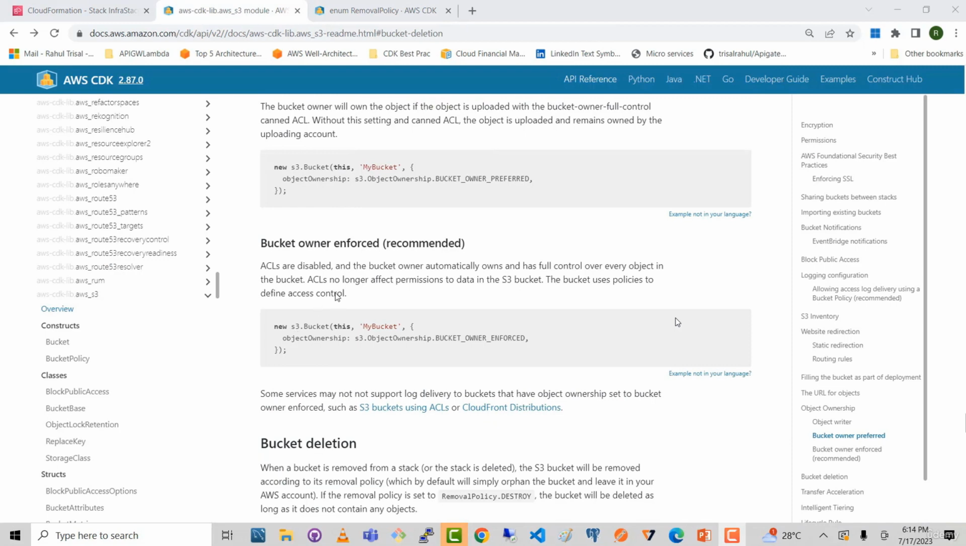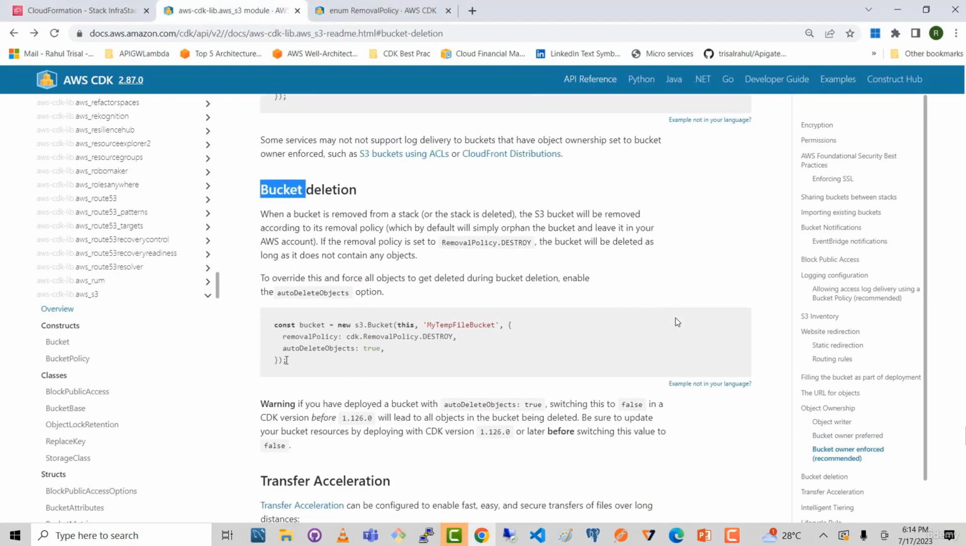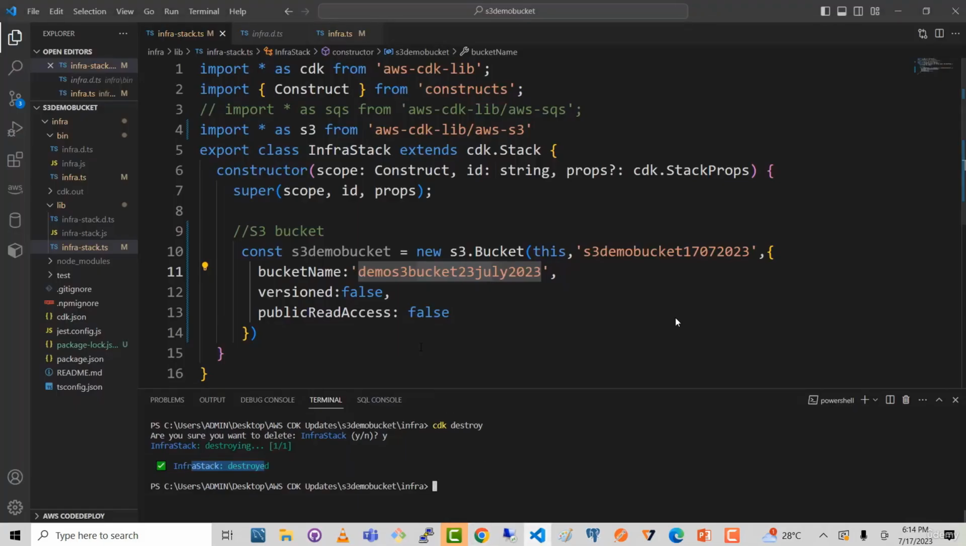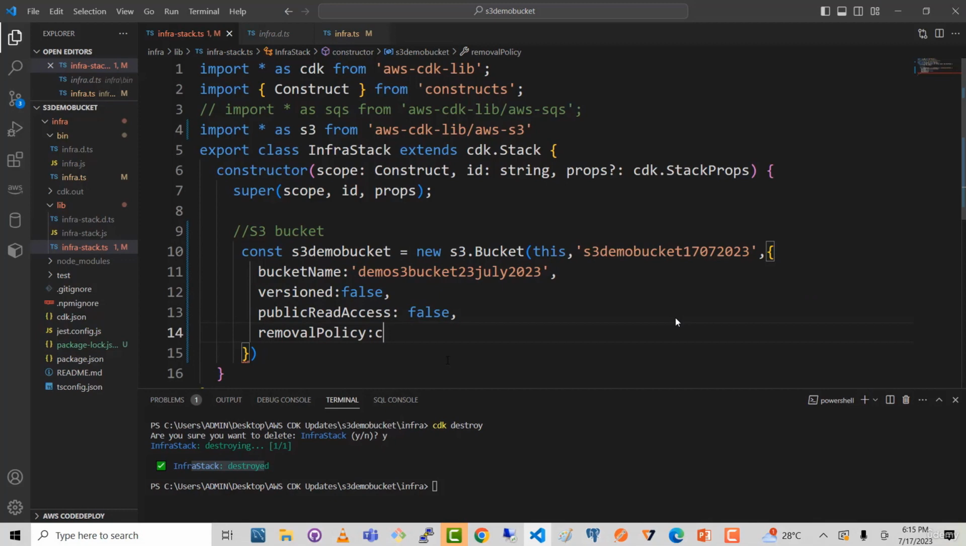Now, if I go back to the link which I had shown you earlier and look at the bucket deletion, you can see here, if you want to override the default removal policy, then you have to add a property called removal policy. So I will just go here and we'll just add an attribute. So we'll say removal policy. And if I just go back to documentation, you can see here cdk.RemovalPolicy.DESTROY. So I will say